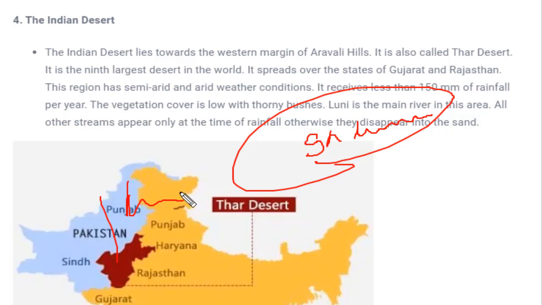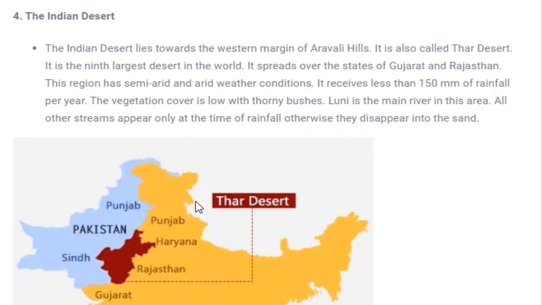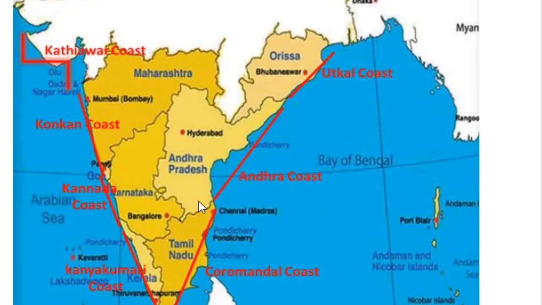Now the next topic that we are going to study is the coastal plain. So what are the coastal plains? The plain which lies in the coastal area would be called a coastal plain. What are the coasts present in our country? We know the coast of a country, you can measure it, starts from the Bay of Bengal in this area. It goes along with the states like Orissa, Andhra Pradesh, Tamil Nadu, Kerala, Karnataka, Maharashtra and Gujarat. So this is the entire coastal area of the country, and it lies along the Bay of Bengal and Arabian Sea.